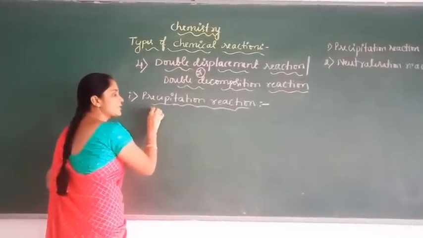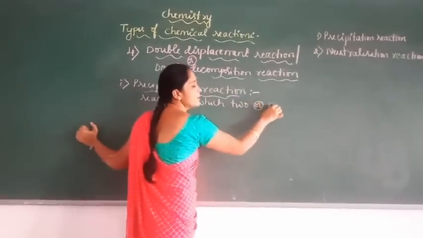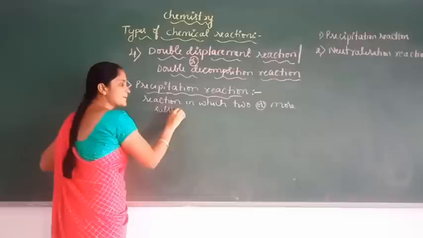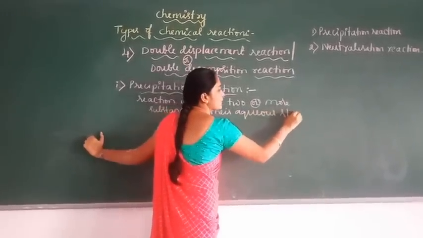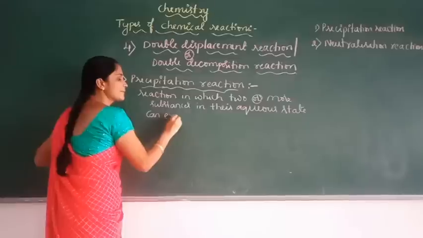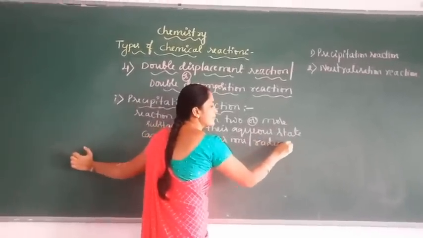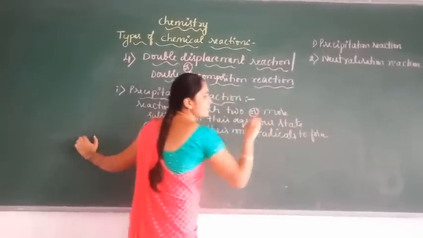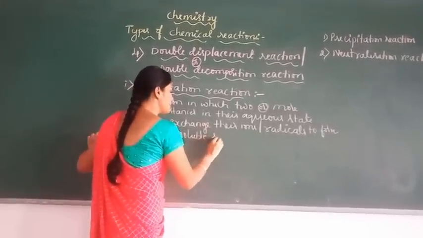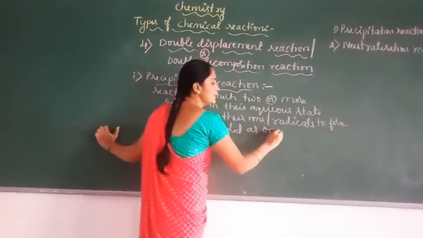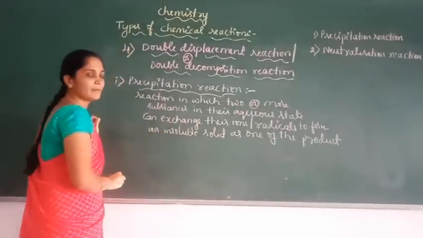Precipitation reaction means a reaction in which two or more substances in their aqueous state can exchange their ions or radicals to form an insoluble solid as one of the products. For example,